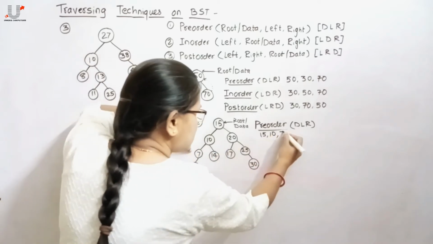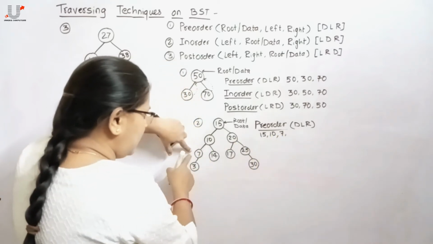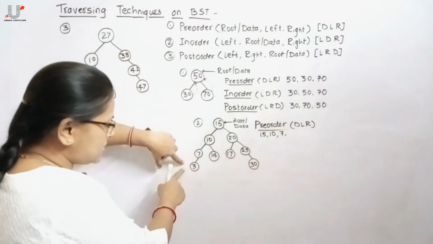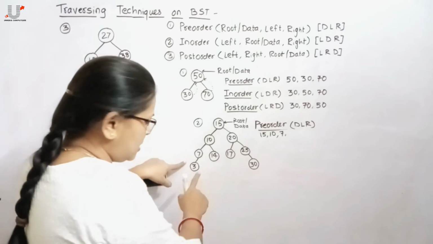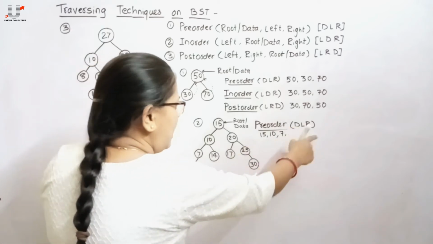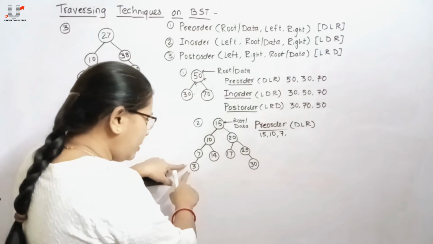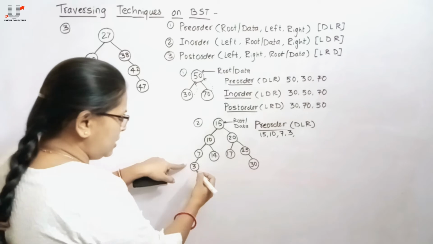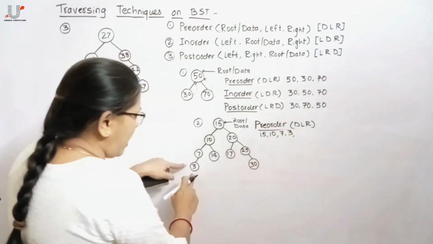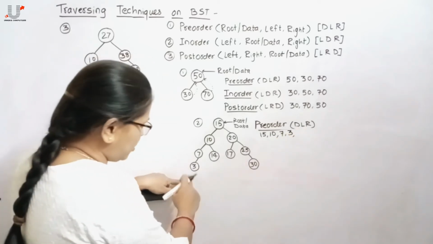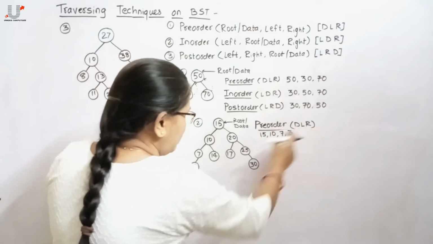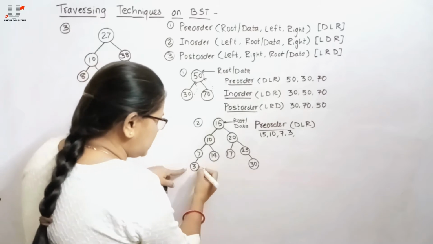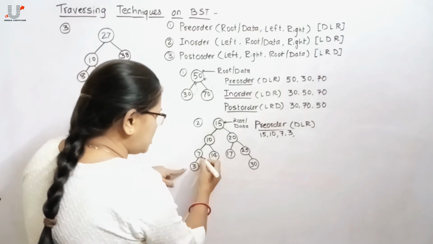D means 7 gets displayed onto the console. Then again control will transfer to its left subtree. Still 3 has not yet been processed. Again apply DLR on this 3. As data itself gets processed, that means 3 gets displayed onto the monitor. Then apply L. As no left subtree is present for this 3, check whether a right subtree is present. No right subtree is present. Then backtrack to the previous location.